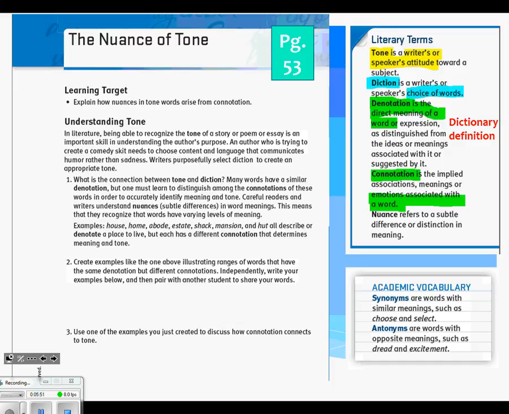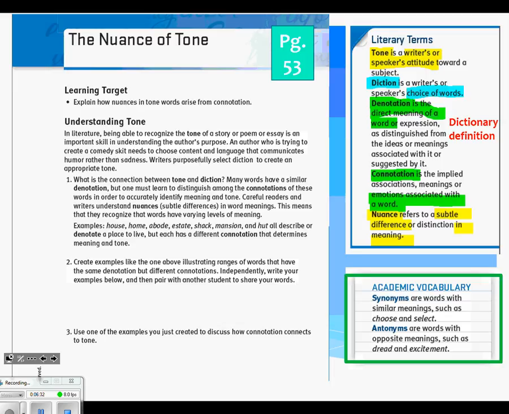All right, the last word, the new one, watch the screen. Nuance. This is probably one you haven't seen before. Nuance is a subtle difference in meaning. Okay, now think about it. Walking and stomping. Don't they both mean that someone is kind of moving forward? Yeah, but don't you understand how there's a really slight difference between that movement forward? Walking is one type of pace, but stomping is a different pace. This person's hurt, jerking movement, and they're mad.